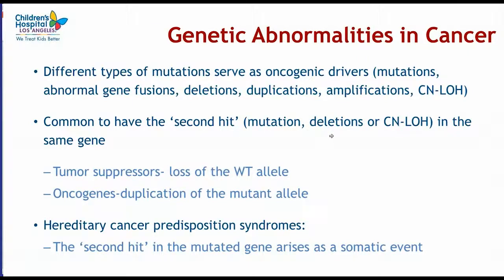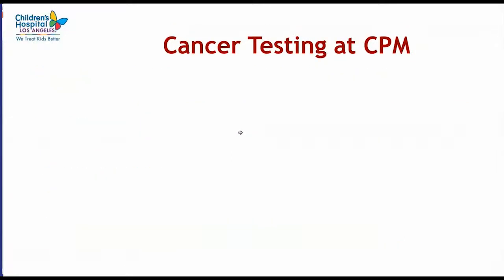Or the first would be deletion and then copy neutral LOH. And so to accurately detect these events, you have to be able to detect different mutation types in the same sample. So knowing all of this and how important different types of mutations are in tumors, when we do cancer testing at CPM, we make sure that every tumor sample gets tested for both copy number abnormalities and for sequence